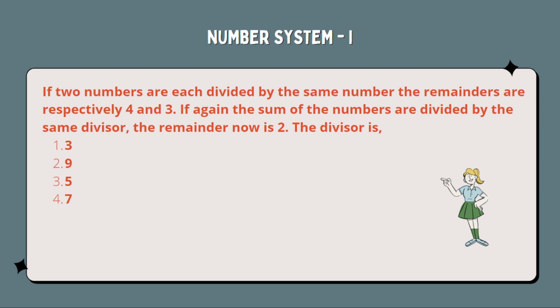Similarly here, if two numbers give you remainders of 4 and 3 when divided by the same number, then when we add these two numbers, the remainder will be 4 plus 3, and we will divide it by the same number, so the remainder is given as 2 now. So when we divide a number by 7, we are taking the remainder 7, and now we divide it by a number that will give the remainder 2. 9 is not possible, 7 is not possible. So what is left? 5. If you are not able to understand this question, let me know.